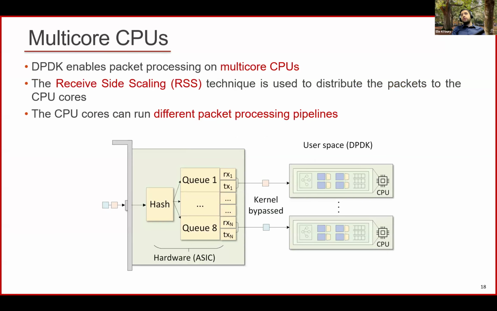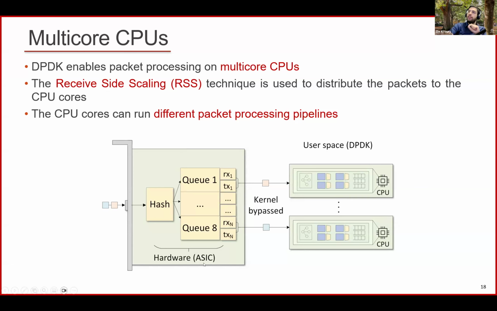Now, this is good, but how can we even make it faster? How can we scale? At the end, the packets going from the NIC will be processed by the CPU in user space. If we have a single CPU, that CPU might become the bottleneck, especially if we want to achieve high-speed packet processing. So modern network interface cards implement what we call receive-side scaling,